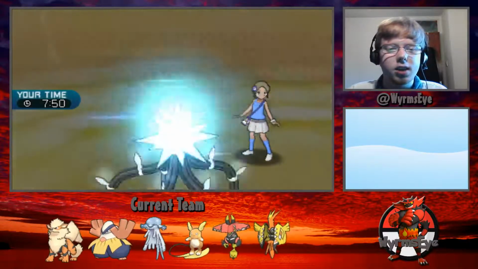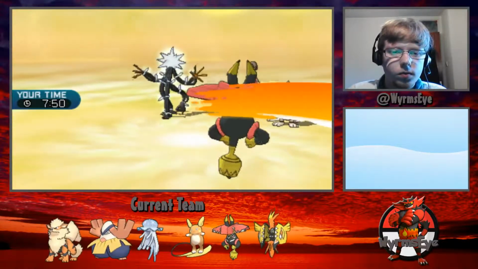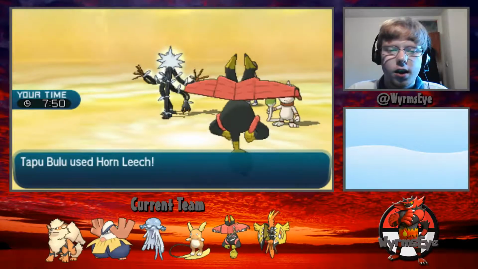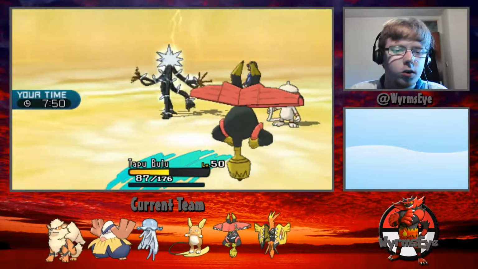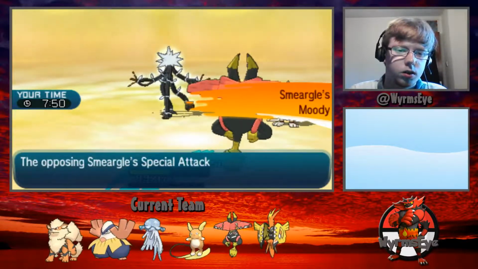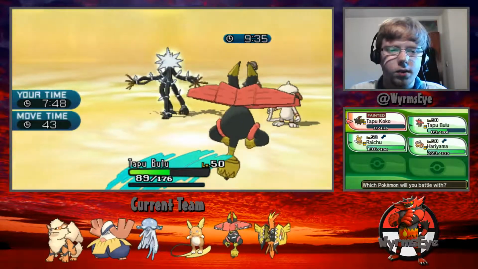We do see the Dazzling Gleam here, so Tapu Koko does faint, and will pick up a Beast Boost, so now at +4. And Smeargle avoids the Horn Leech, so the evasion boost actually proving very useful for my opponent here. But we do see its evasion fall once again, so...